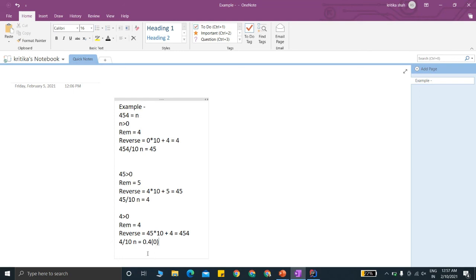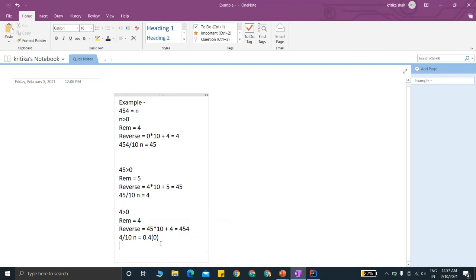As it is an integer, it will ignore the 0.4. Now 0 greater than 0 is false, and thus our while loop will terminate. In this way we get the reverse after the last iteration as 454. The initial number was 454, and thus 454 is a palindrome number.